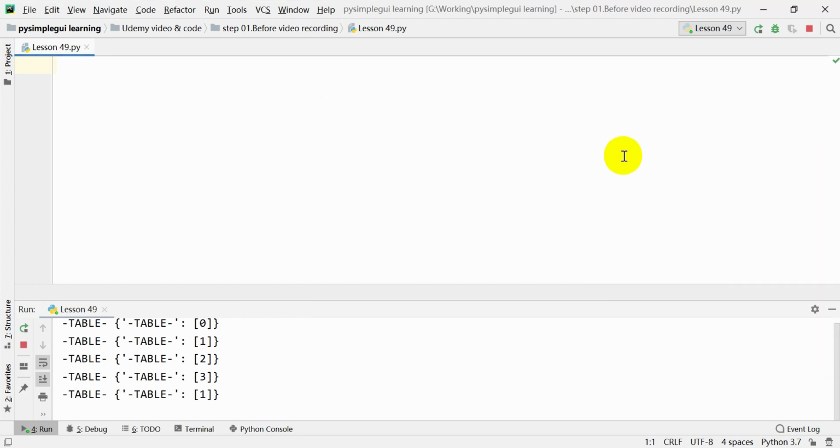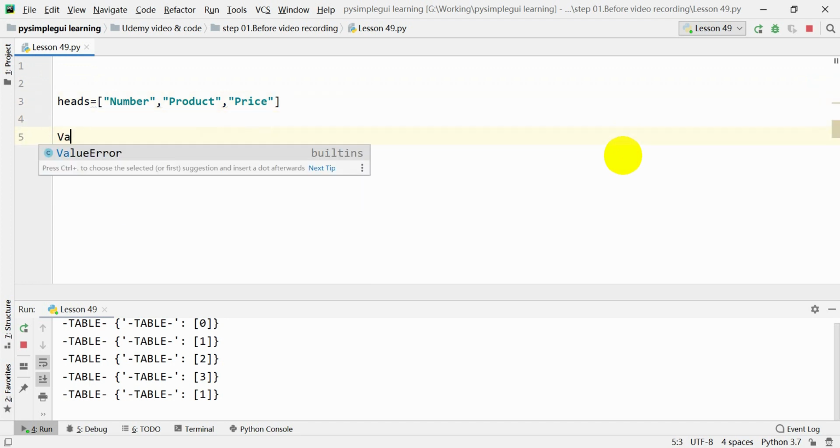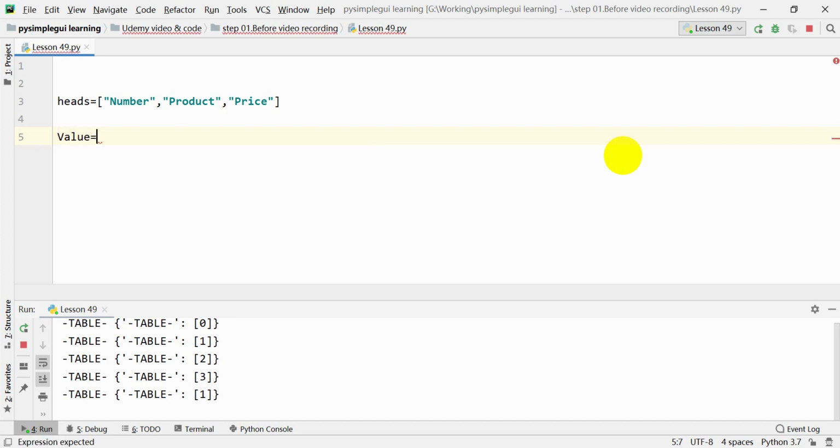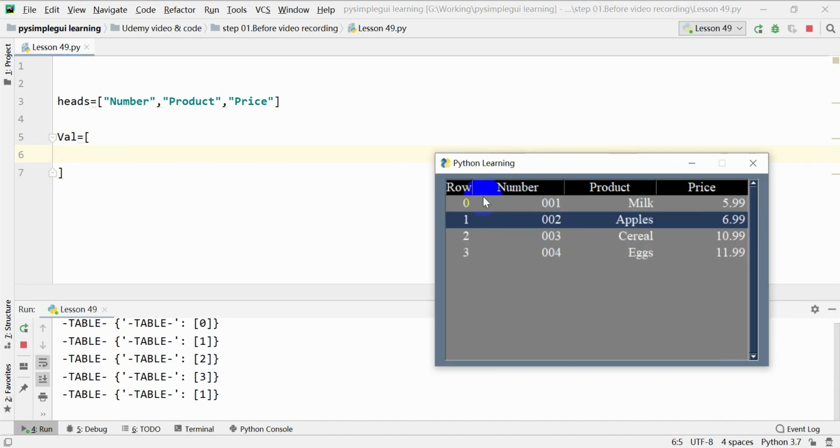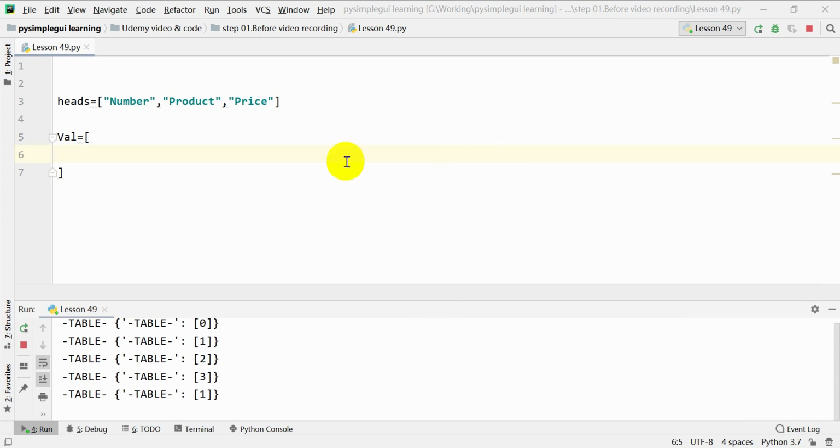So we need to define them first. Heads is simplified for a header. We can do number, product, and the price. Then for the value, or let's say val for value. For this, it's kind of like the same format as the layout. We use square brackets to represent all of this is the value. Then for each of these different rows, we make a new square bracket. So we can do